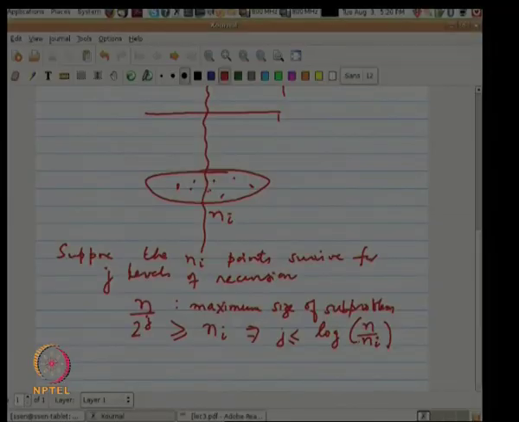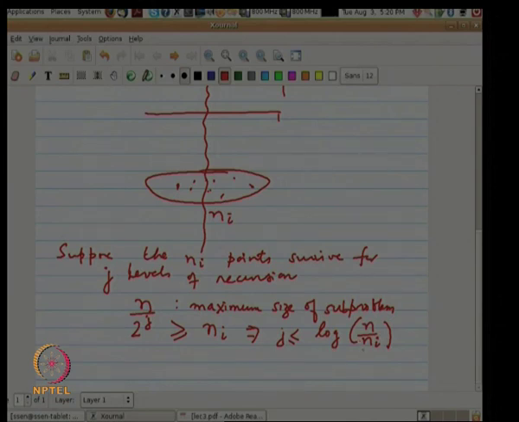So, the initial step, we did the median finding, we did the divide step. The total work that we did was order n, and there were n points. So, if you average it out, you charge the average cost to each point, then it is going to be order 1 per point. Similarly, at every level of recursion, a point can be charged at most order 1. If the cluster breaks, the point is gone, I do not need to charge it anymore. So, a point in cluster I can survive for at most so many iterations,